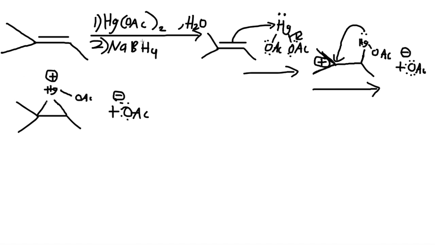Now from here, we add our second reagent. From our first step it is H2O. So water comes in, it attacks the carbon that has the most amount of substituents, so it's either this carbon or that carbon. This is because both are connected to that mercury, and also there was the double bond on those 2 carbons. So from this, the lone pair attacks the carbon that has the most amount of substituents, which would be that. That carbon gives off its sigma bond electrons to that mercury, and we will get a result